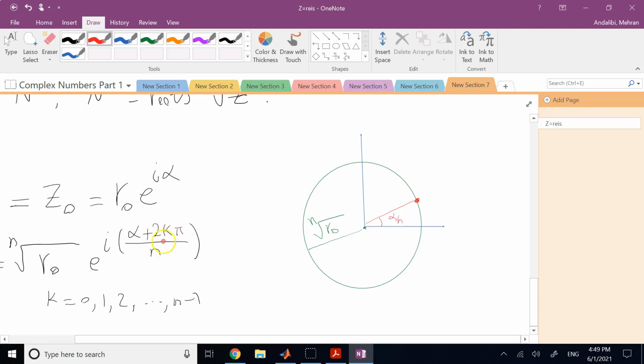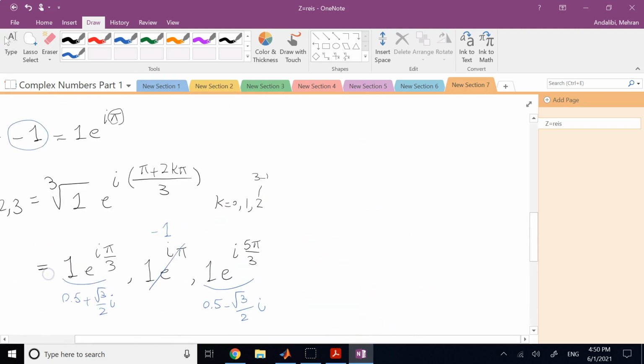Then each 2 pi over n, you have another one. So the angle between each 2 roots is 2 pi over n. Okay, so these are the roots of the complex number in general. So in this case of this negative 1 that I mentioned to you,